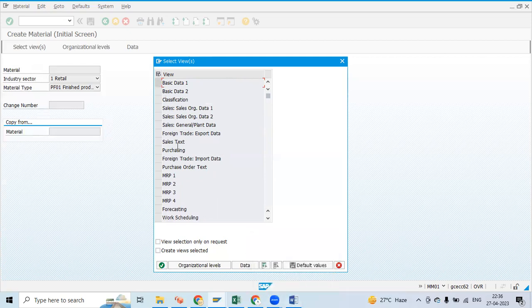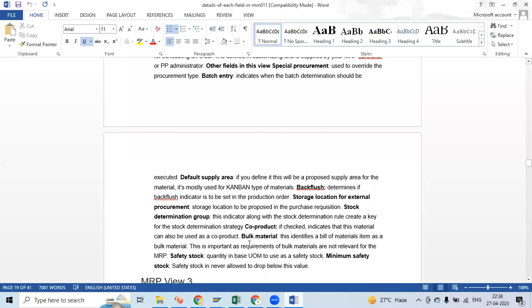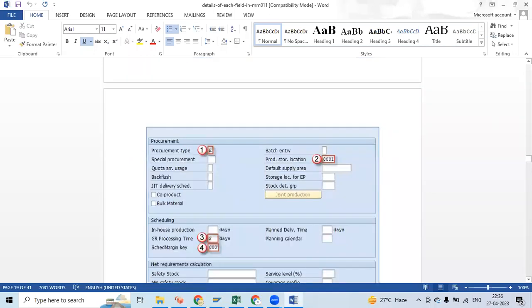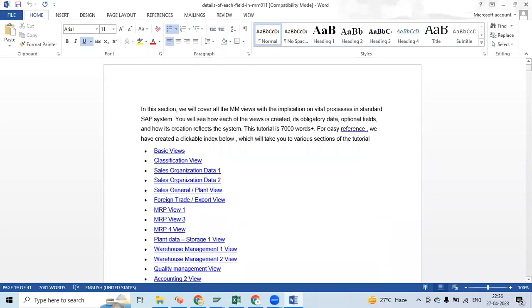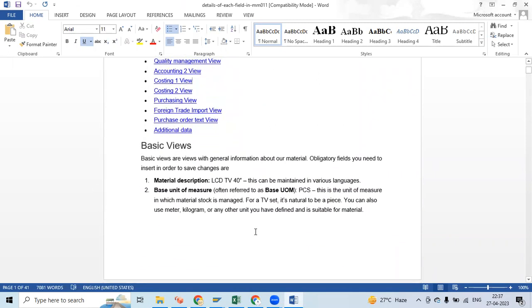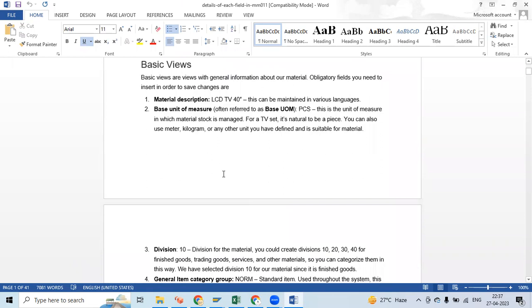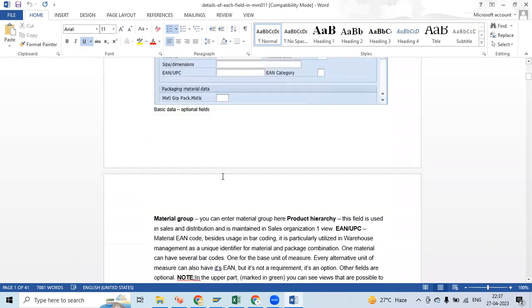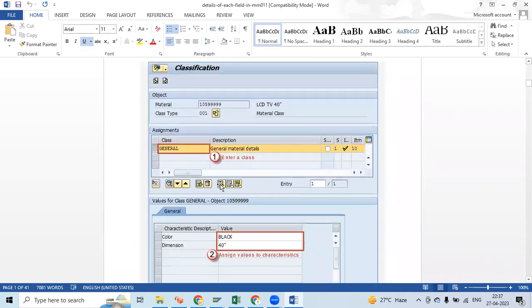Today we will create a basic material and then I will send you the document. You can go through this document. This document has all those fields. Each and every field that is there in material master will be explained over this document. So I want you to go through this document and then if you have any doubts, you will ask me,